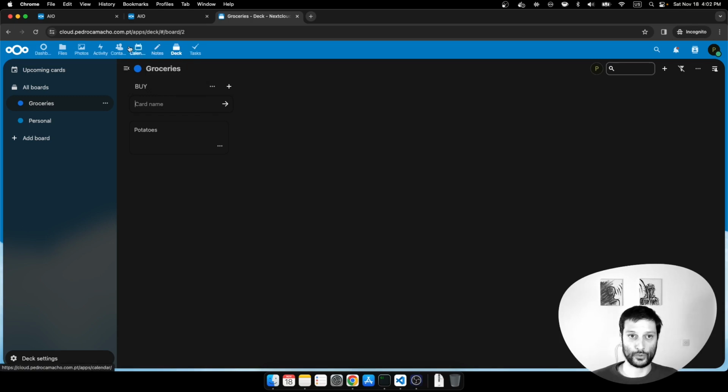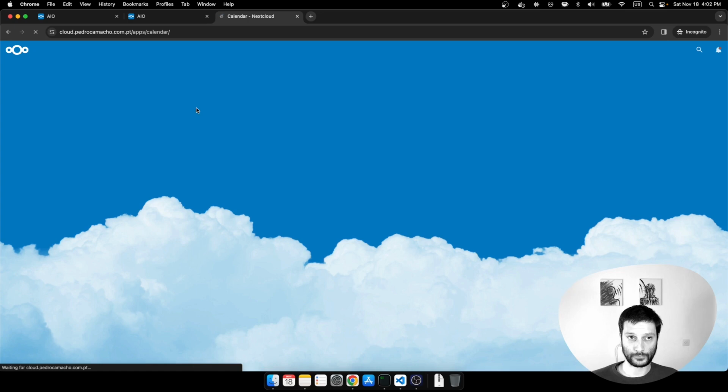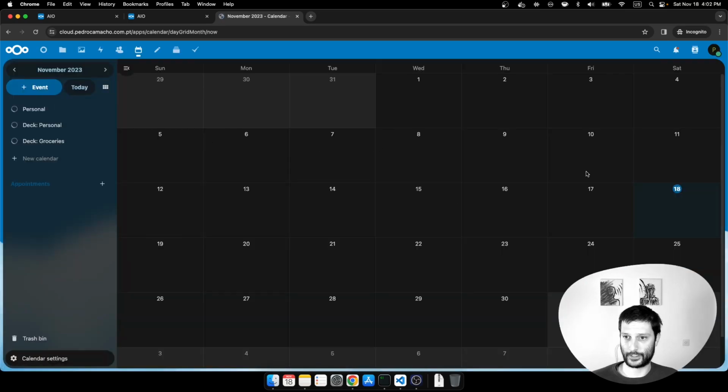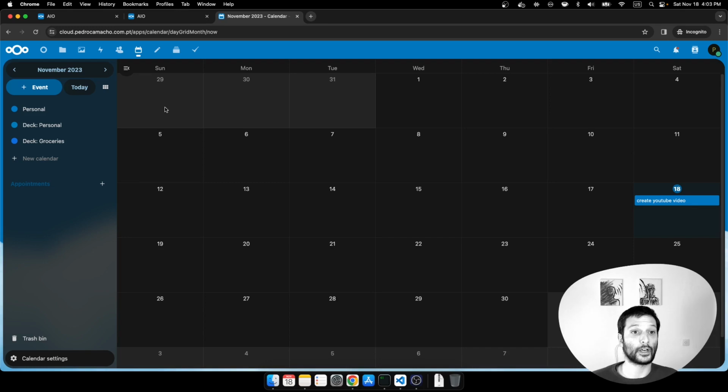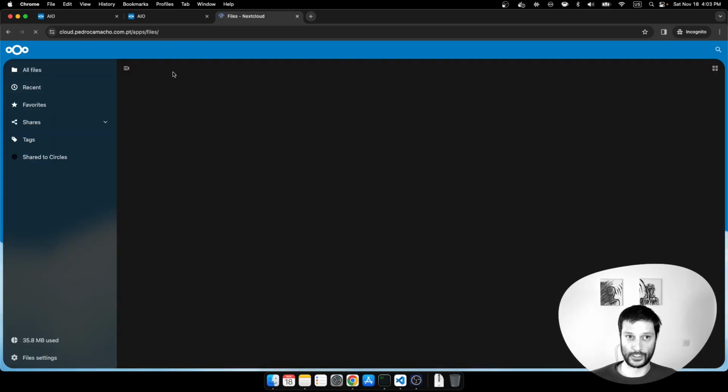So this is a nice app, then you have notes, you have calendar, for example. You can also explore it. You can add events here, for example, create YouTube video, save, done. My calendar is updated. And of course, you can also create different calendars. And then, of course, you can also sync these calendars with your laptops or phones. So that's cool. But let's not dive that much into it. I just wanted to show you around that you have files,